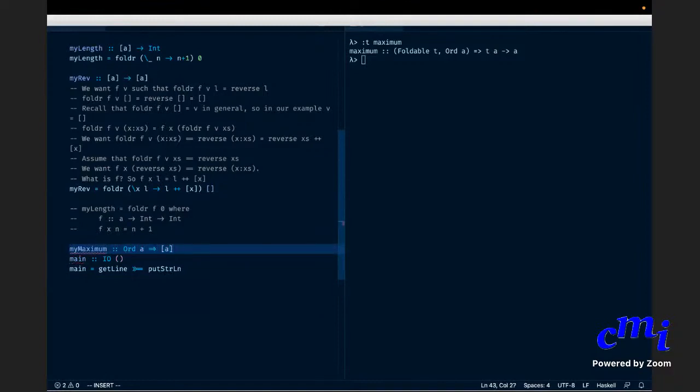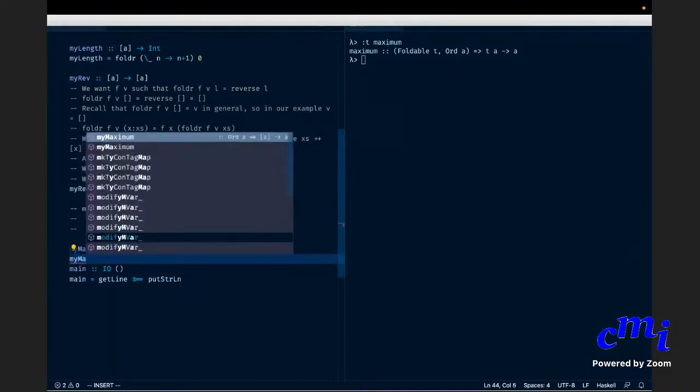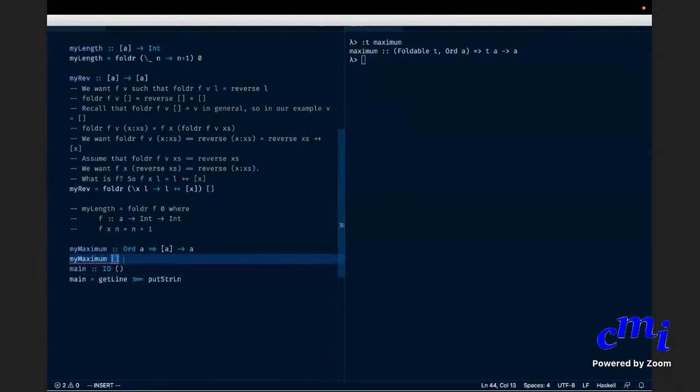So therefore, one option would be to say that myMaximum will give some error for the empty list. Input list has to be non-empty. I mean, you have to do it better than this. You have to give Maybe or whatever, but I don't care right now. So I'll just leave it like this.